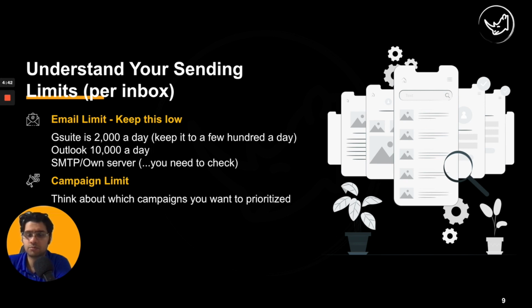On Outlook, roughly the same. You don't want to be hitting the top end of those limits, right? That's the reason why we set up burner domains and emails type of infrastructure. And the campaign limits will help you really